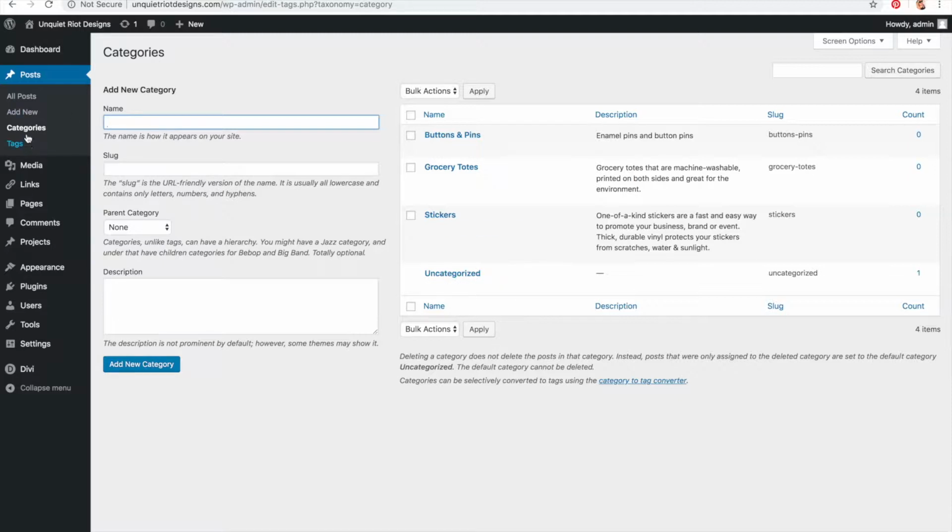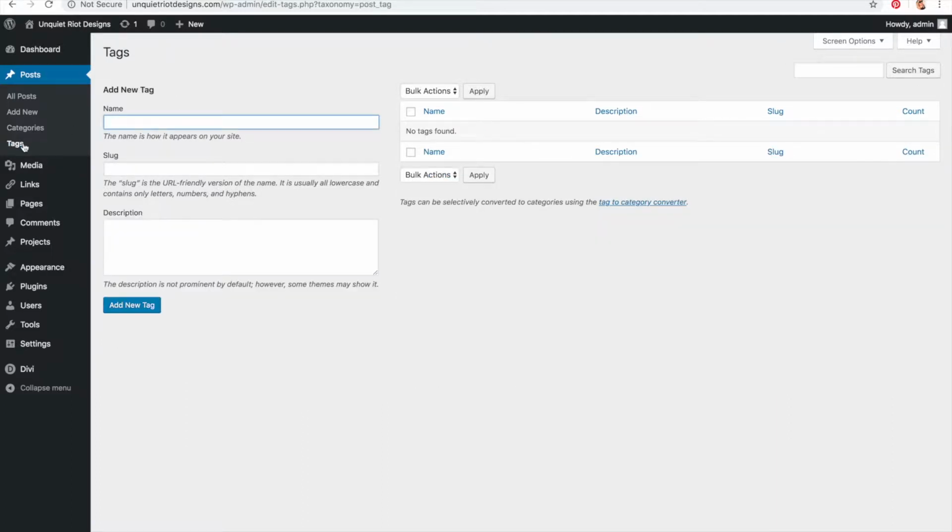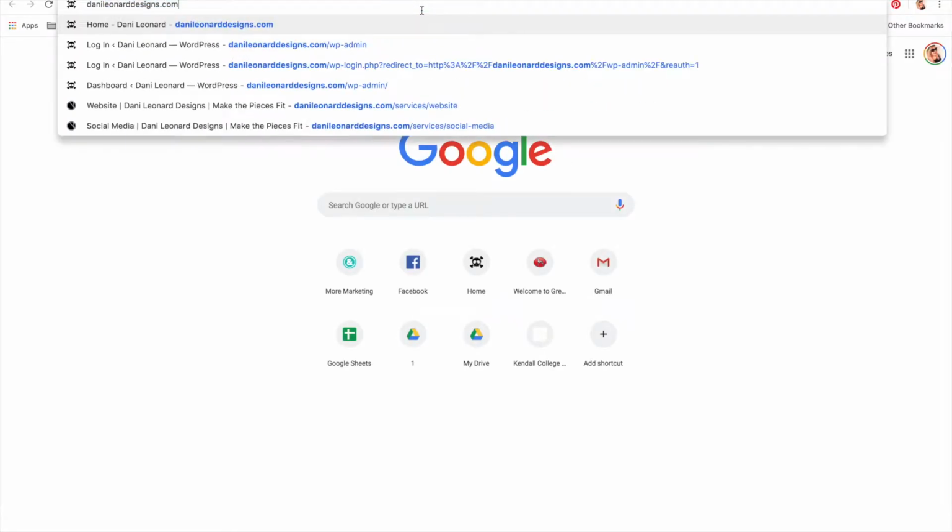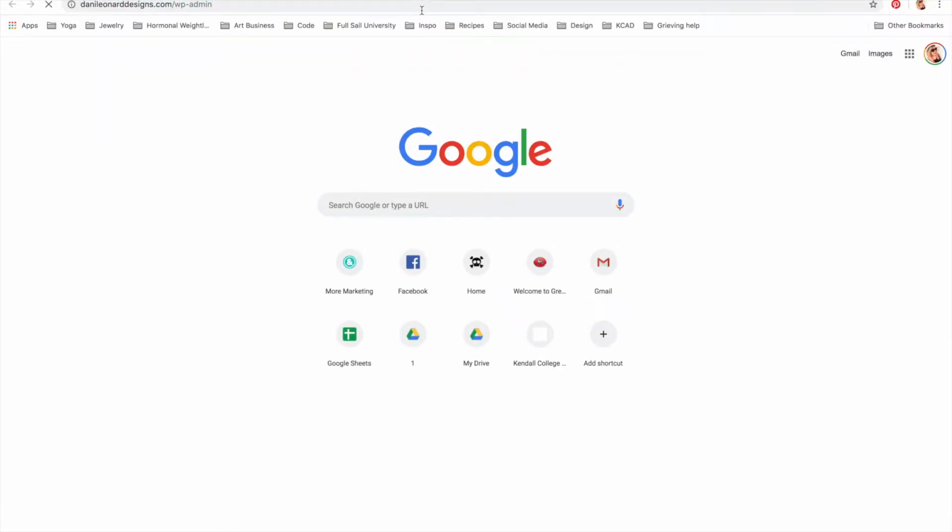And then with categories, categories are like the chapters. This is the chapter about blogs and pins. This is a chapter about groceries. And then you also have tags. And this is all for SEO and organizational purposes if you're going to have a blog. And tags are something a little more detailed. So if we go into my website,